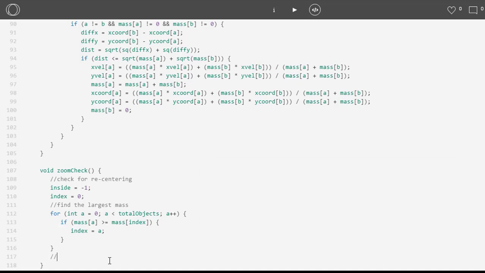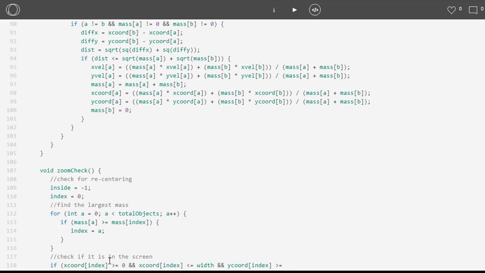So now, once I have this object, I need to check if it is in the screen. I'm just going to do a quick check on its coordinates. So if the x coordinates of that index are greater than or equal to 0, and the x coordinates of that object are less than or equal to the width. If I'm looking left to right, it's the width. And the y coordinate of that object